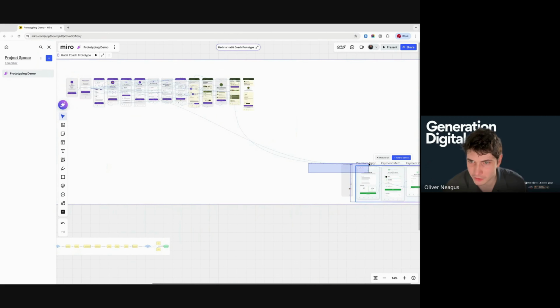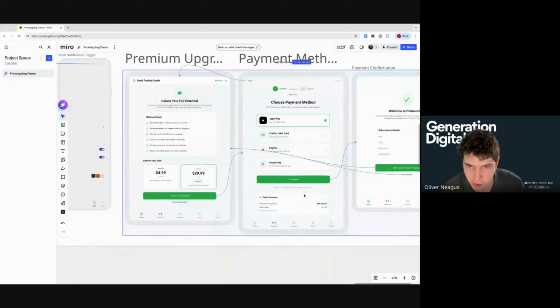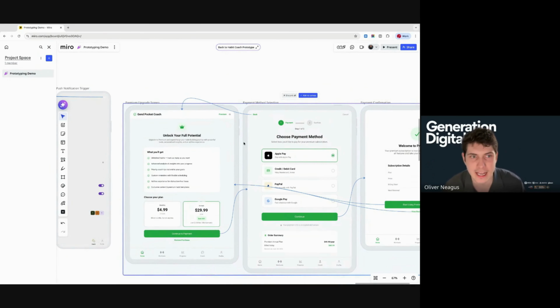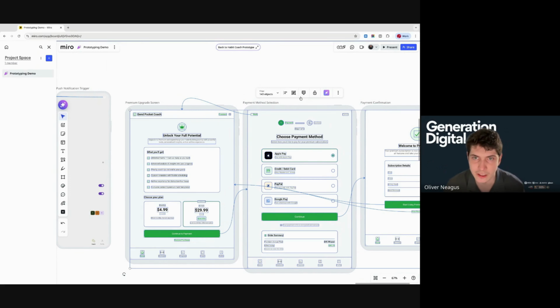And actually what I'm going to do is look at this new one that we've just generated right here. If I just zoom right in, you can see here, it's taken the advice I gave it. I wanted to see that payment flow with Apple Pay. It's already given me some examples of some of those logos. It's updated the payment screen, and it's using that tablet sort of focus here. And you can see here, if I add this to my canvas,